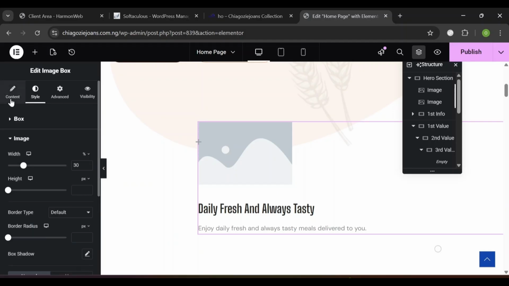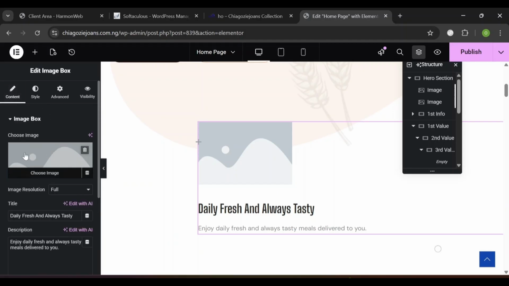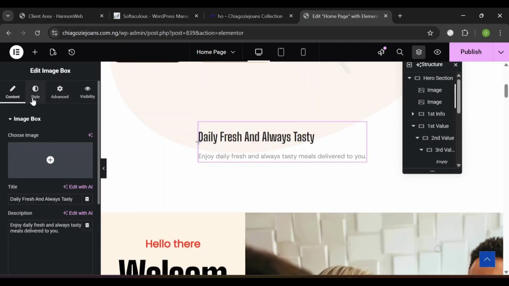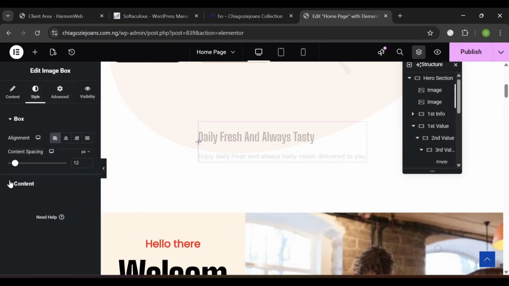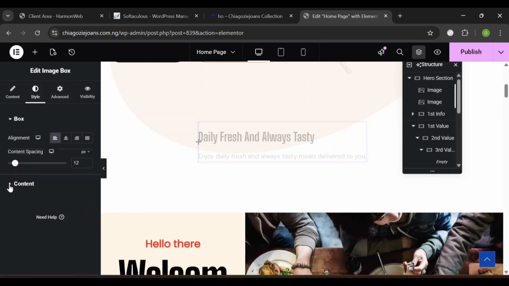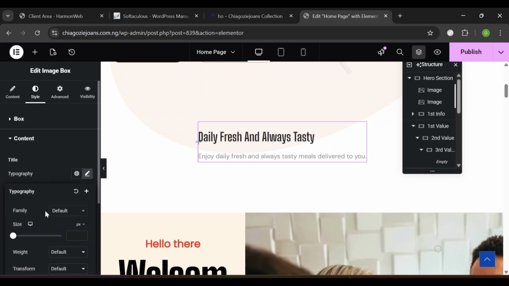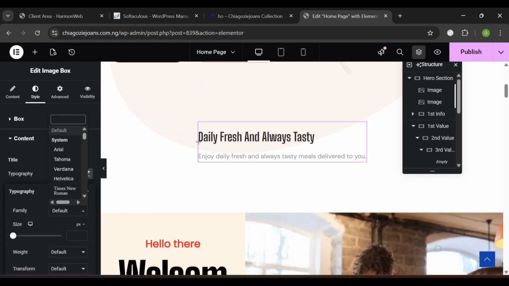So I'm going to click on this content. Once you hover on this image, you will see this delete button, click on that. Okay, so let's continue. Go to style and then click on content, select a typography, make the font, search for